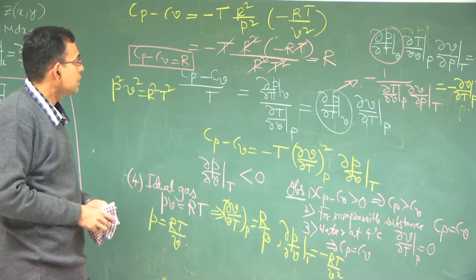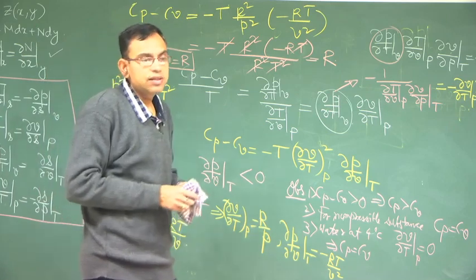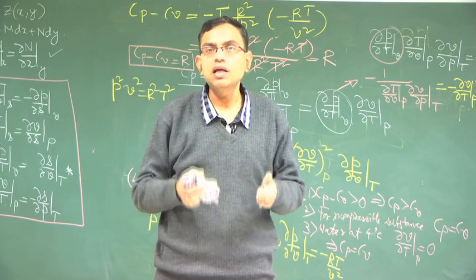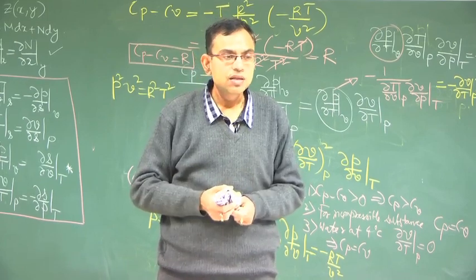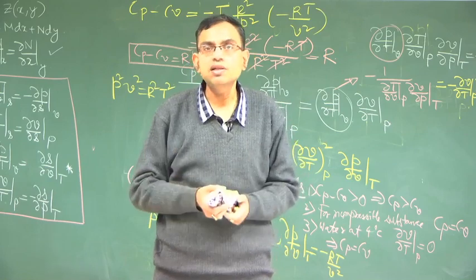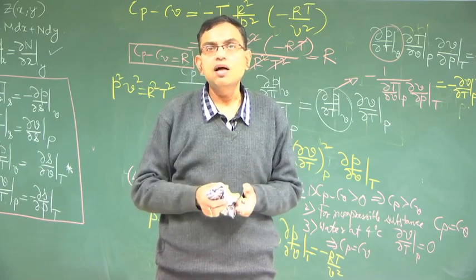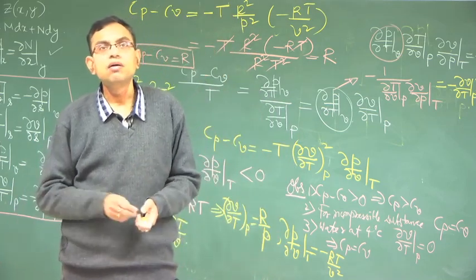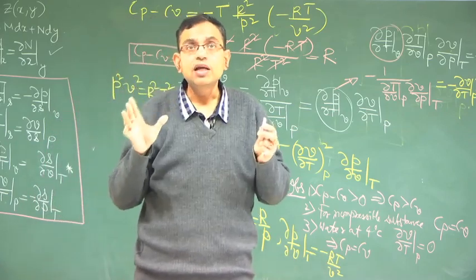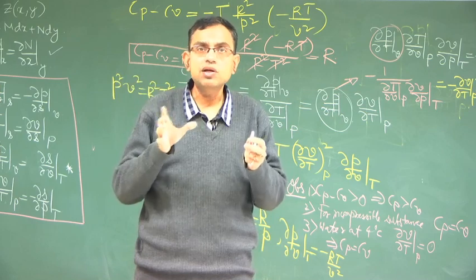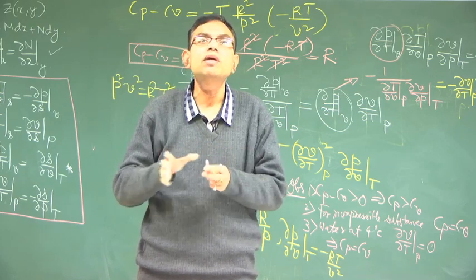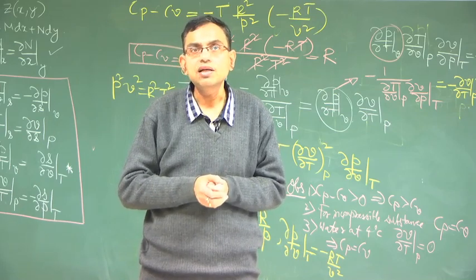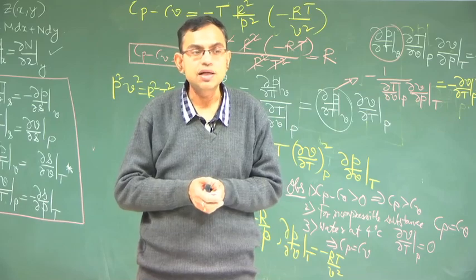So, we can derive from these thermodynamic relationships certain very useful expressions for internal energy, enthalpy and differences in the specific heats. We can derive many more relationships, it is just a mathematical manipulation of partial derivatives, but these relationships are very useful for conceptually deriving some unknown properties or derivatives of unknown properties in terms of derivatives of measurable or known properties. With this we conclude this lecture and we will start with a different topic in the next lecture. Thank you very much.